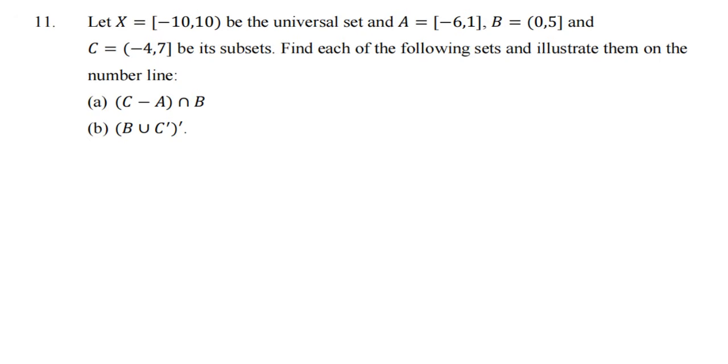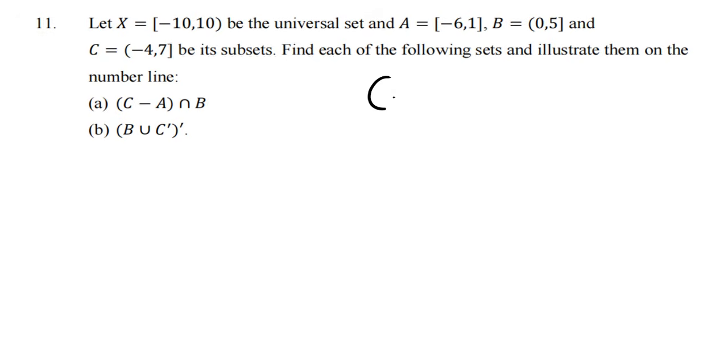So basically that is what we've just been solving. It's not different from the previous one. So let's just solve the first one. In this case we've got C minus A. When you simplify this one, it's going to be C intersection A complement. So we're just supposed to find that, but of course we have to first draw our